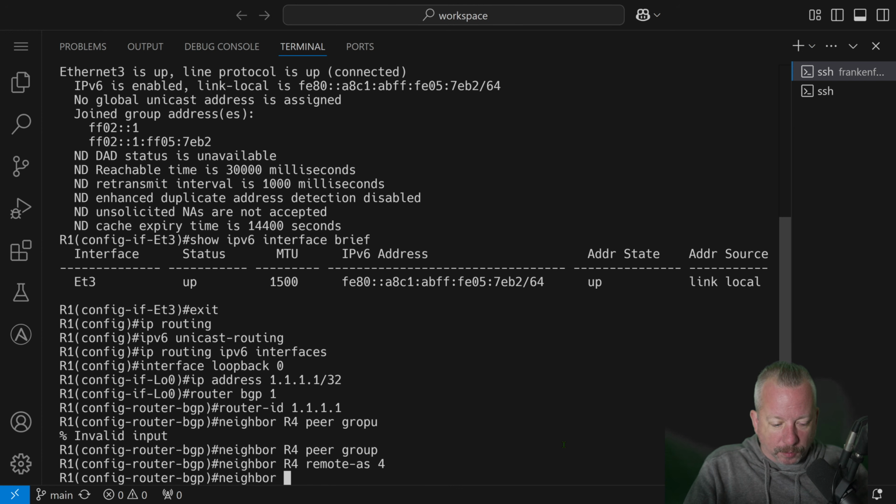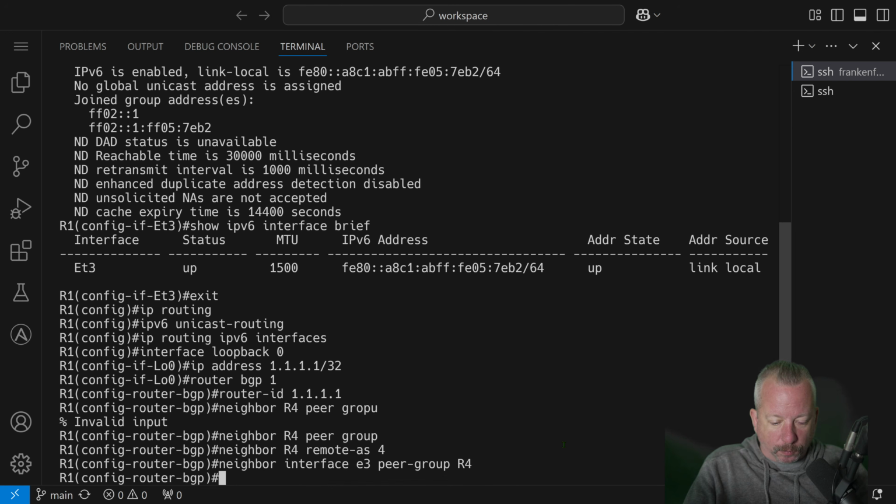And then our neighbor interface E3 is peer group R4. That's all we need to do. So that sets it for our local. It'll use our local link local address on E3, whatever that is. Then it will use neighbor discovery to find out what the other side's IP address is and dynamically configure that